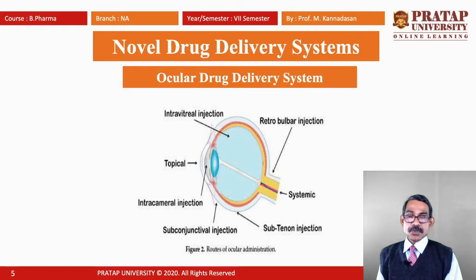Topical route, that is the eye drops, we apply the eye drops like that. Eye drops means eye suspensions, eye emulsions, eye solutions. Then the last one, intravitreal injections, where the drug is directly injected into the vitreous chamber of the eye. So these are the diagrammatic understanding of the various alternate routes for drug administration in the eye and related parts of the eye.